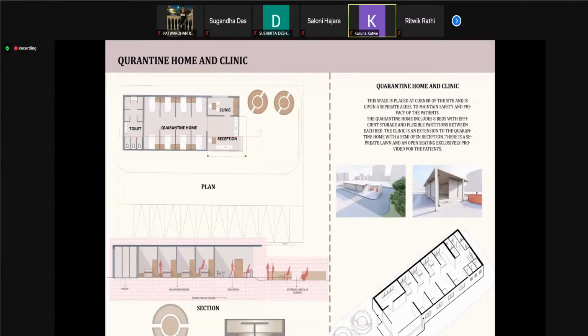The next ancillary space is the quarantine home and clinic. In plan, we see a reception that leads to the clinic and the quarantine home. In the quarantine home, there are 8 beds provided with these partition flaps, which are the modular elements. There are also these storage boxes provided after each bed, and this is what lets a person have his own